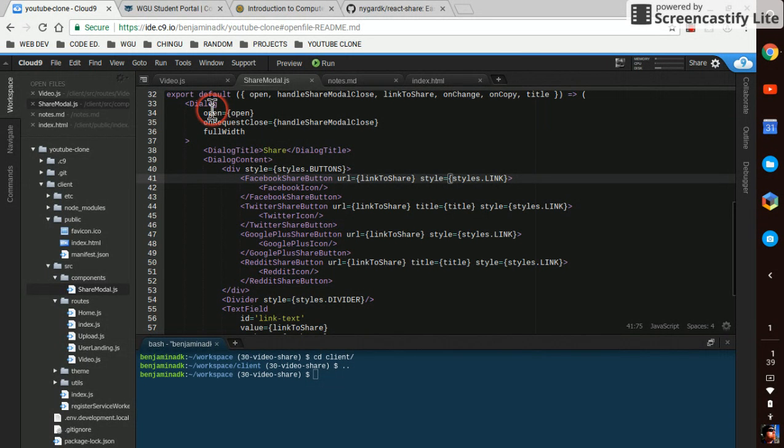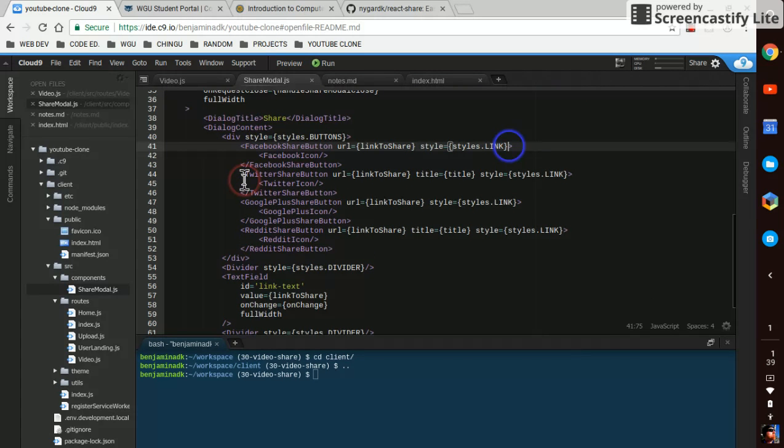And dialog, similar to any modal, has an open prop. When it's true, it's open. When it's false, it's closed. So we'll send in, video.js is going to control that. We'll send in that open. It's either going to be true or false. Handle share modal close is what you put on request close. This just handles the closing of the modal. And we're going to say it's full width. Dialog title is share. And in our dialog content,